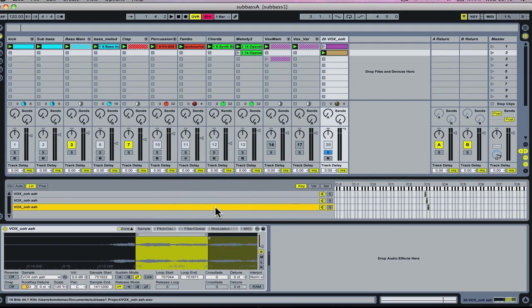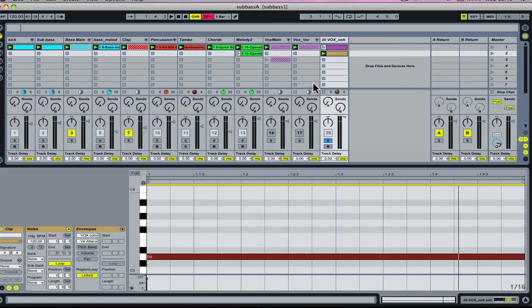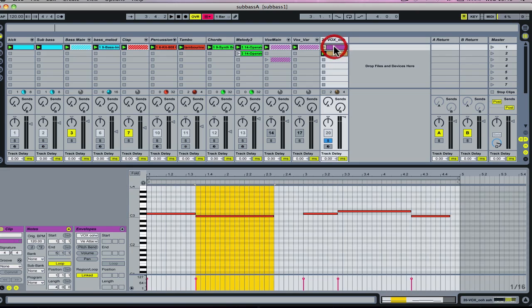And the same with the third sample that I duplicated and added to the note above. I just pull this root note key up 1 again. So what I've done is, in this little clip here, just added a little melody, just purely by the length of the notes and the note on messages that the sampler receives. If we select that clip,